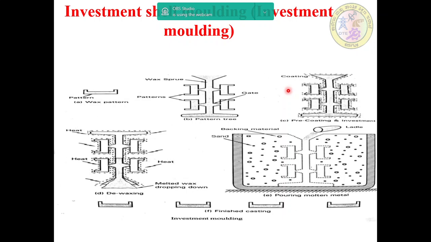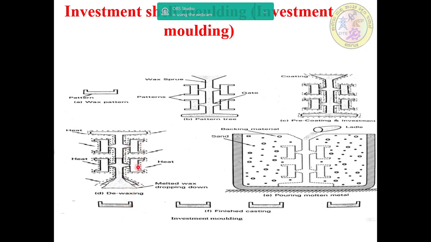This process is continued several times, that is 7 to 8 times, so that an 8 to 10 mm shell thickness is formed. Here, while dipping 8 to 9 times, you will get a shell like this with a thin layer of coating. This process is continued. Now the shell is heated suddenly to around 1100 degrees centigrade to 1200 degrees centigrade to remove wax, that is the de-waxing. You have to remove whatever wax is there.